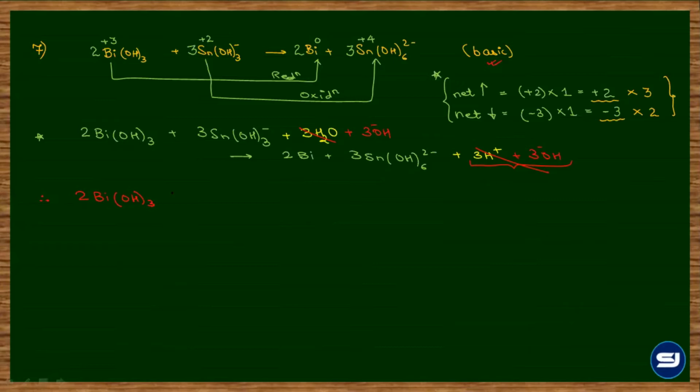And for verification, you have to look at the charges specifically. Can you tell me the overall charge on the left? -6. And the overall charge on the right is -6. So since the charge is balanced, and the atoms were previously balanced, the redox is said to be balanced in terms of atoms as well as charges. So this is your balanced redox reaction.